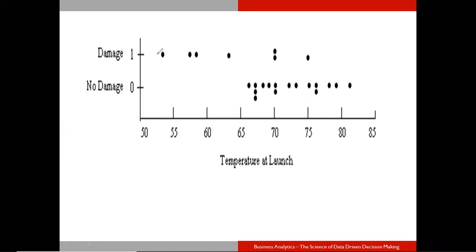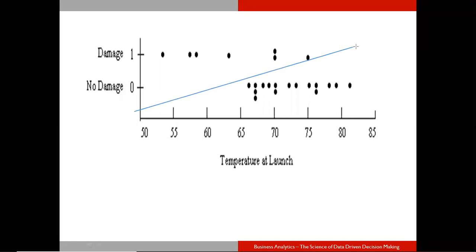In this plot, I cannot draw a regression line like this. I cannot develop a regression model like this, because there will be so much error here. There may be less error here, but there is a large amount of error here. So instead of a model like this, I develop a model such that the curve is almost like this.